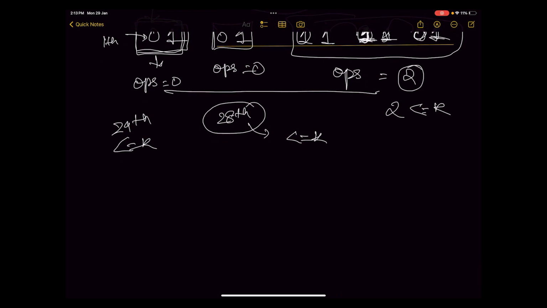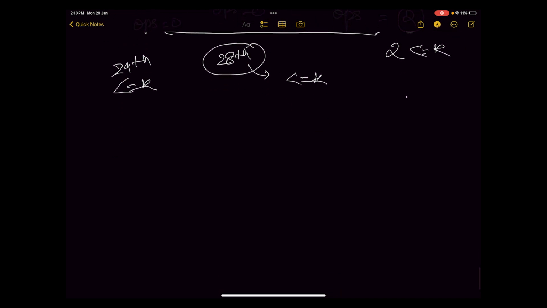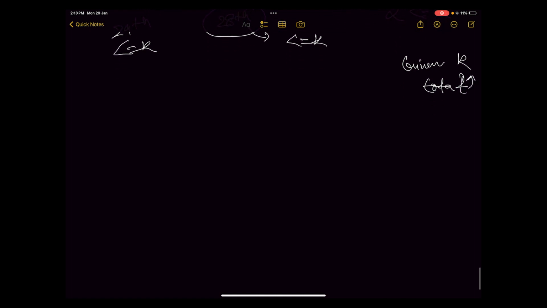How can I do that for each and every bit? Because the total number of operations is given as k. That is the main confusion. k is given as the total, the total number of operations we can perform, not for the individual bit position. So